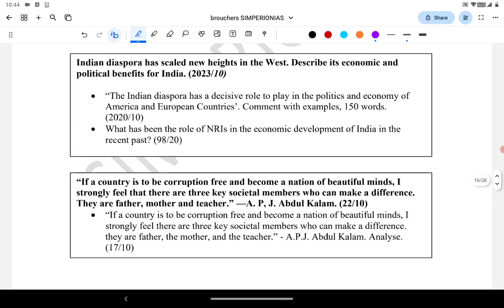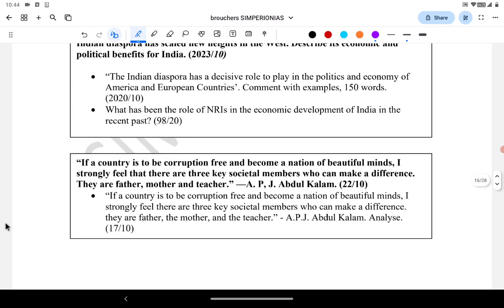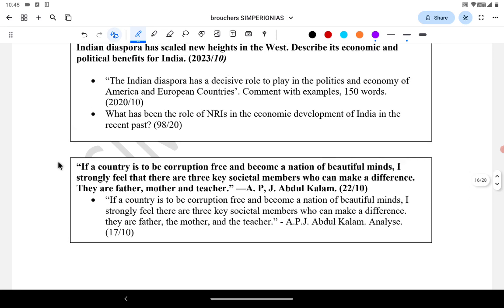Now let's go to the last question. There are other 2 questions. I'll upload the PDF in the description. You can go through those 2 questions as well. Let me take